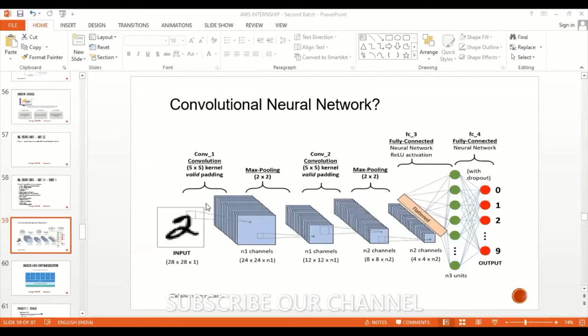Fine. So let's continue. Let's say I want to recognize this character. So what I will do, I'll try to create the batches of this image. When it comes to creating the batches, there are two techniques. One is called the batch gradient descent technique. In batch gradient descent, what happens?